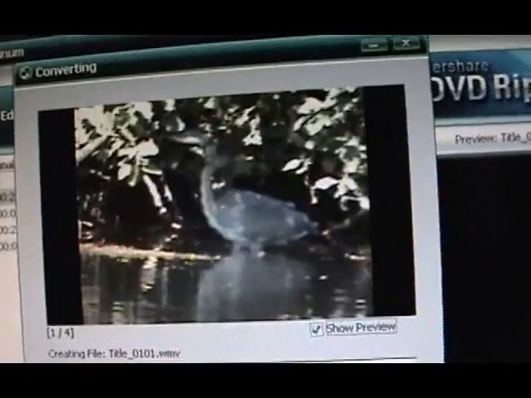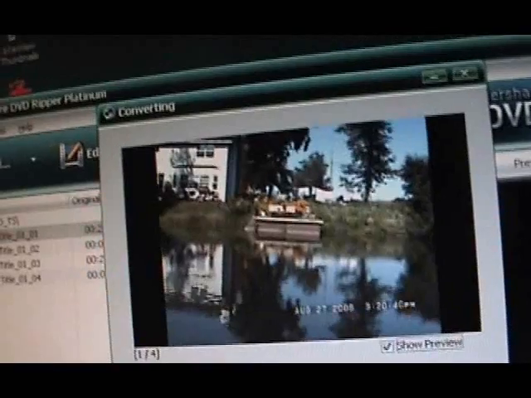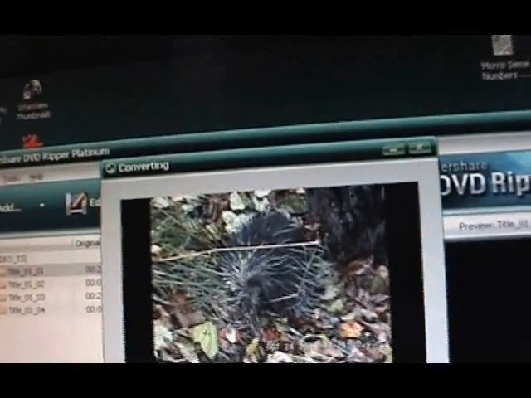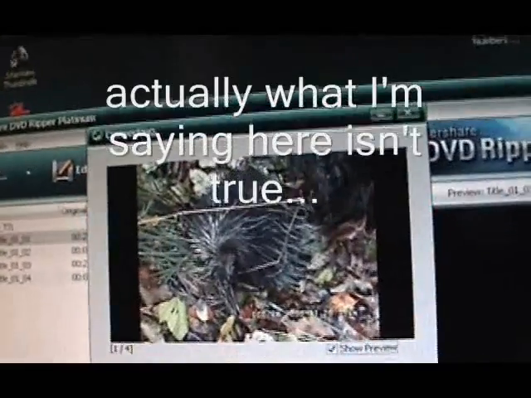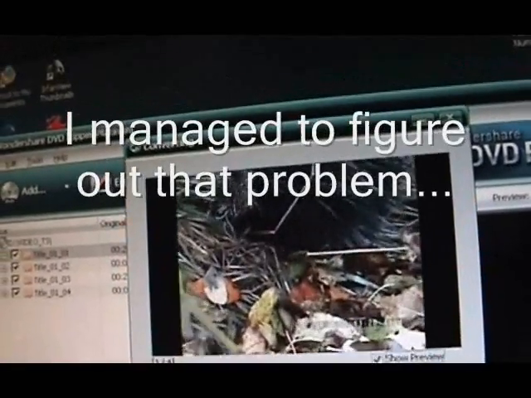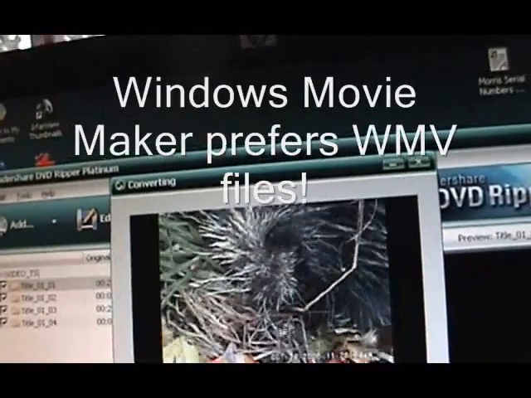And if you notice that date and time stamp magically appearing. It's in the camera someplace. It's invisible though. It's been disabled. But your software product is picking it up and sticking it on my video. And when I'm done getting this ripped to my hard drive, I will show you what happens. That I absolutely cannot import my own video with this date and time stamp